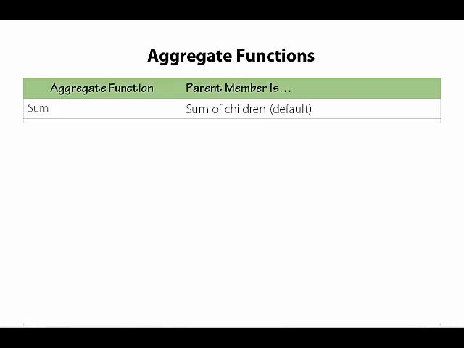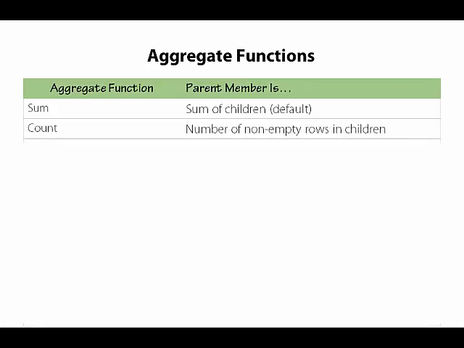Now, even if we're looking at the bottommost member in a level, or the key attribute in a dimension, the sum function adds up all of the fact table records that are associated with that key attribute. When we're viewing a measure at the leaf level, or key attribute level, children are in effect the collection of fact table rows associated with that key attribute member.